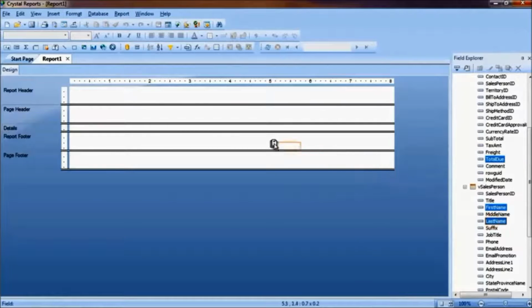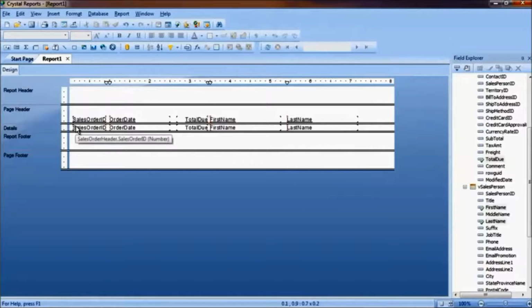Make sure you drag and drop the fields to the correct section. In this case, I'm dragging to the Detail section. The fields will print over and over, once for each record in the database. If the fields you dropped onto the Design tab aren't the right size or in the right place, you may move or resize them. Move a field by just selecting it and dragging it to a new location. Resize a field by selecting it and pointing to one of the four small boxes or sizing handles until the mouse cursor changes to two arrows